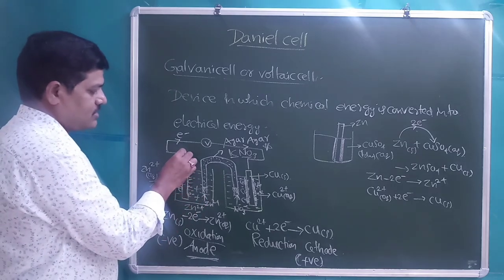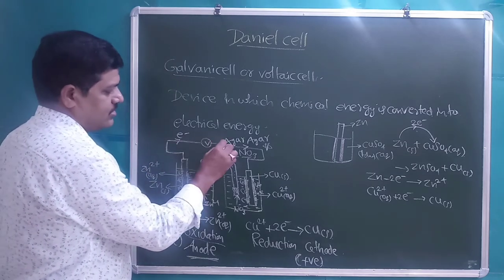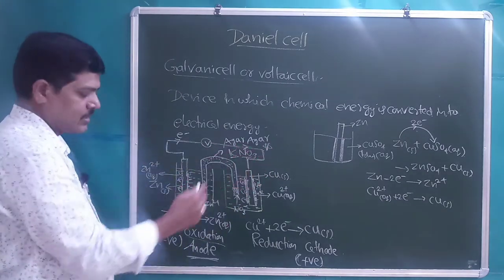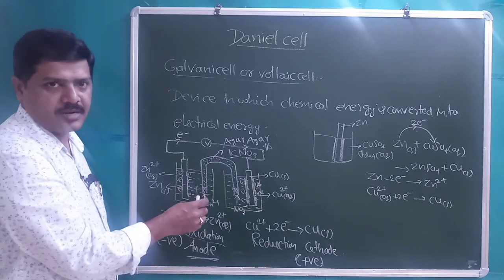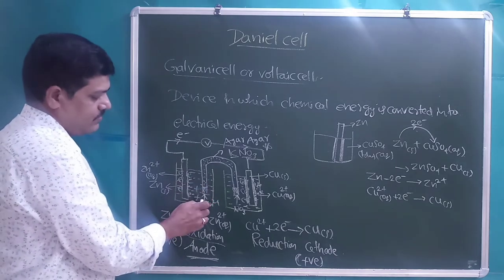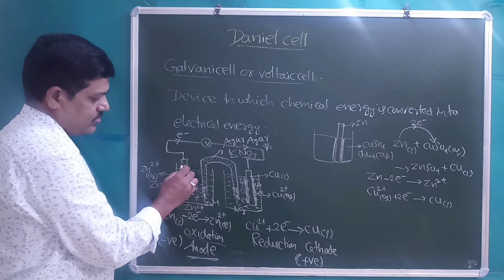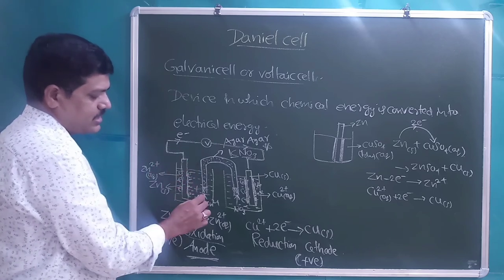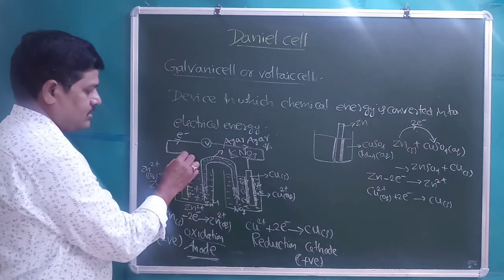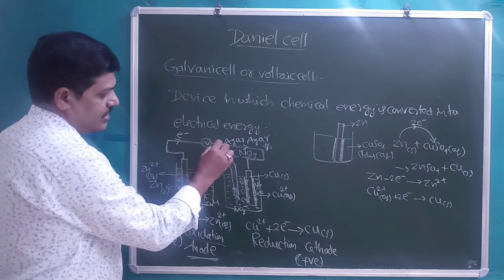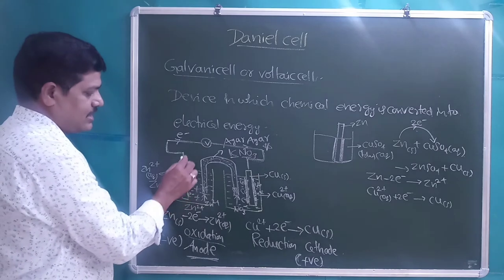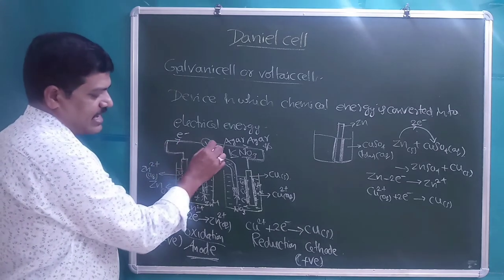The flow of electrons will occur from the anode to the cathode through the external circuit, that is, through the metallic wire. The electrolytic solution offers some resistance. Electrons cannot enter into the electrolytic solution, right? Meanwhile, ions cannot flow through the metallic wire. Ions can flow through the salt bridge, and electrons can flow through this external wire. It is possible. So the internal circuit is completed by the salt bridge, and the external circuit is completed by the metallic wire.